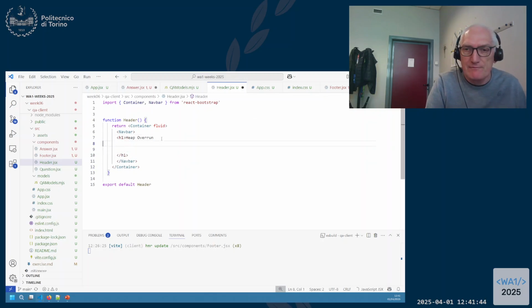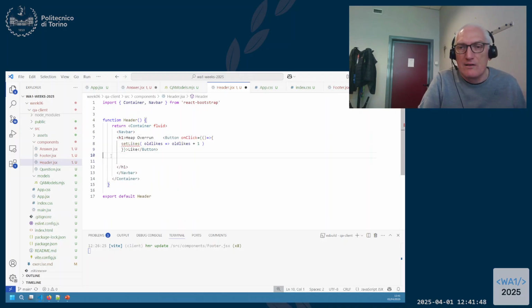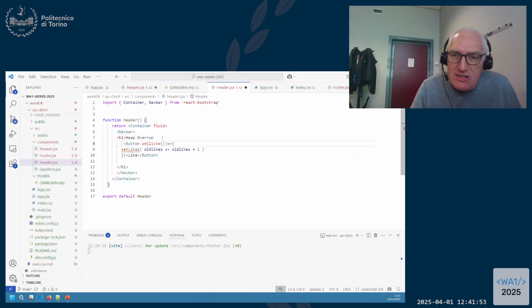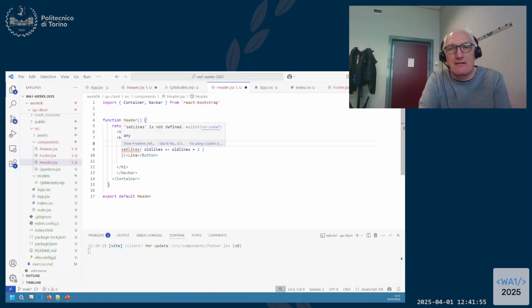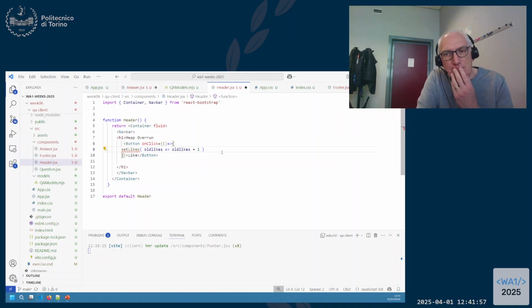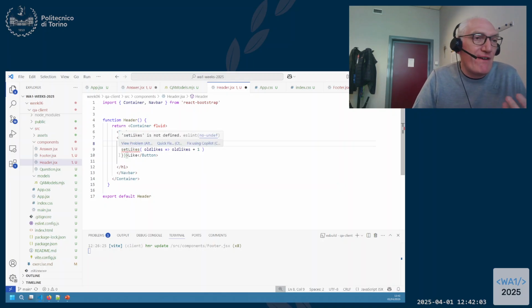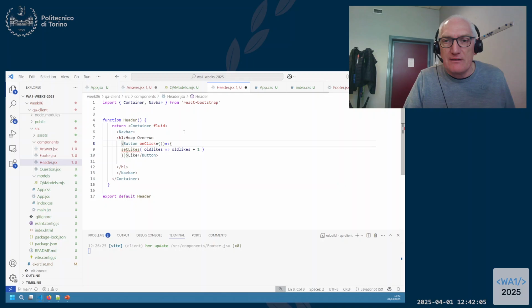Paste. And there's nothing wrong except setLikes, which is not defined here. We are not using the value likes itself here. We don't need it. But the setLikes,